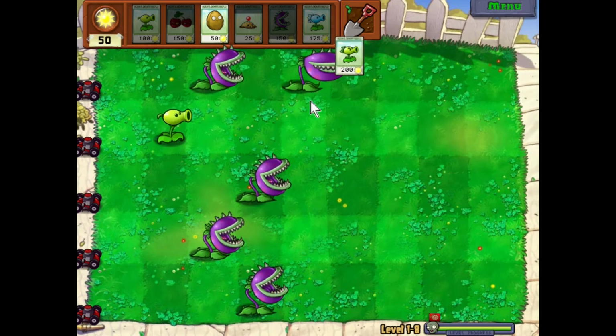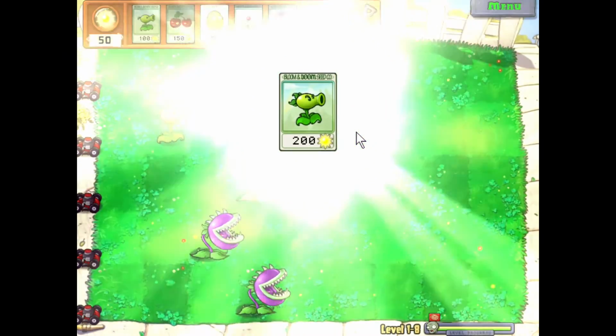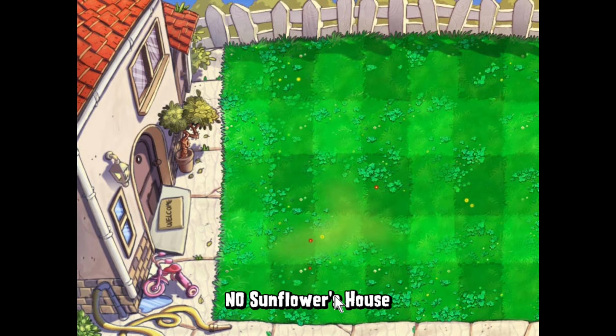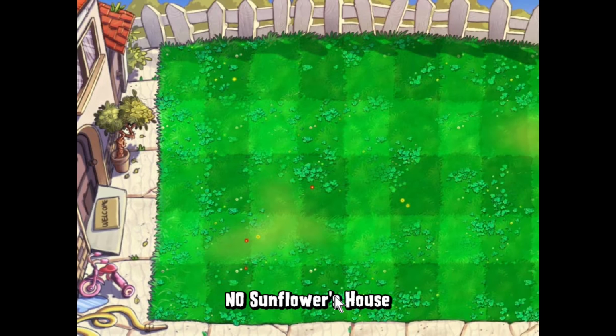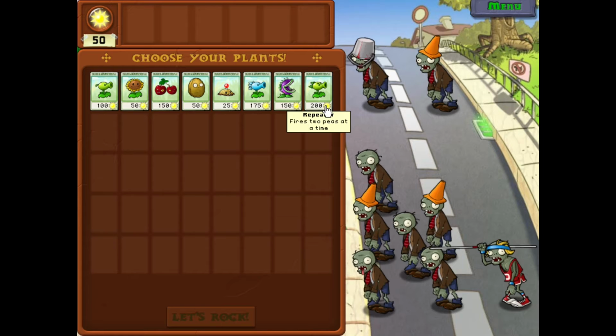We got repeater for this run. It's a good plant for normal conditions, but in this challenge it has absolutely no purpose. We cannot afford normal peashooters. Why would you care about this plant? Then on to the second to last level,